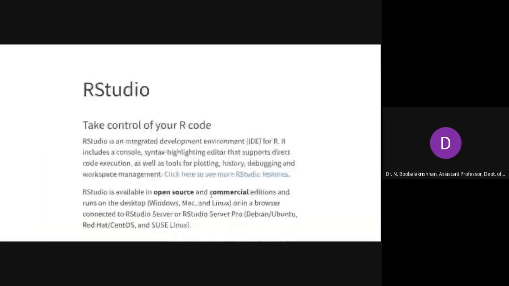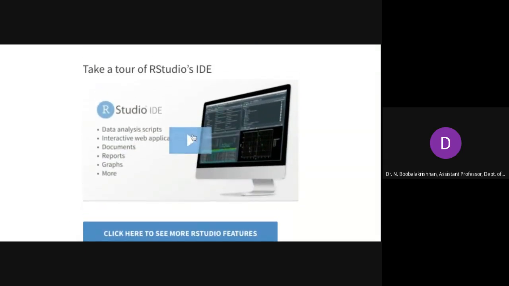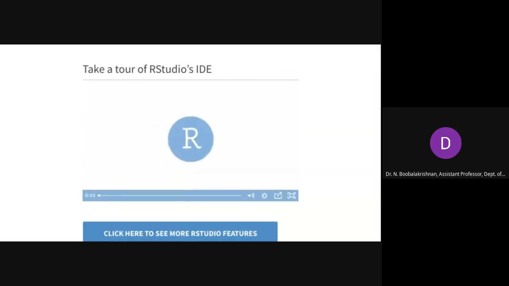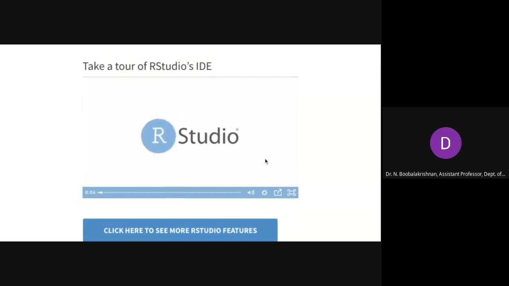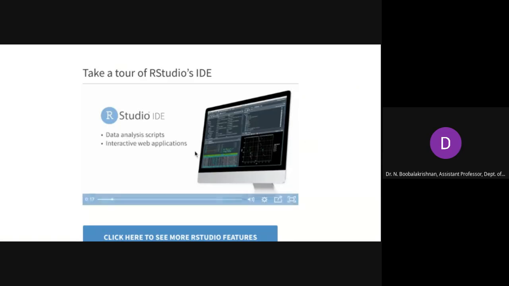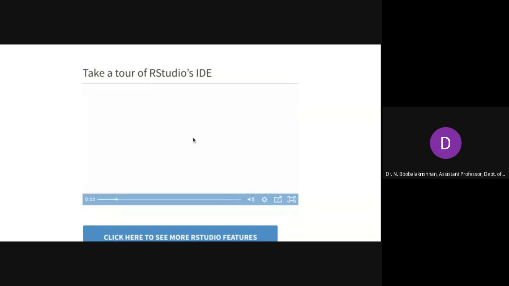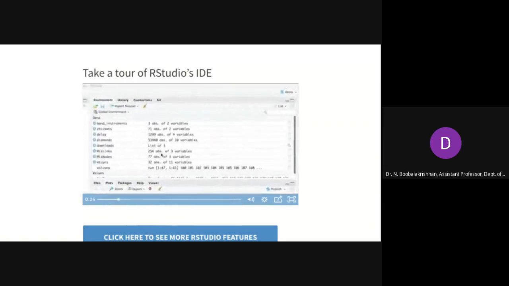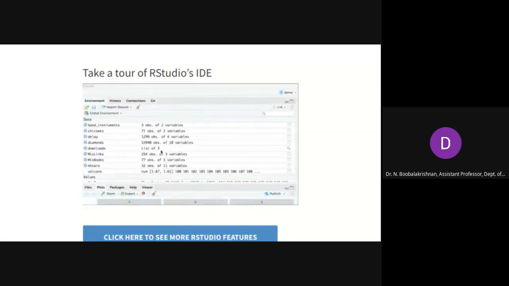Just a tour for interactive environment. RStudio is an integrated development environment for the R language. You can use it to create data analysis scripts, interactive web applications, documents, reports, graphs, and quite a lot more using R. The environment contains all of the data you currently have loaded and makes it easy to examine, load, and save data.